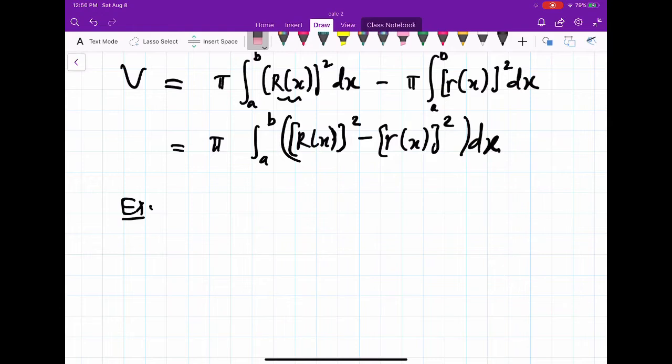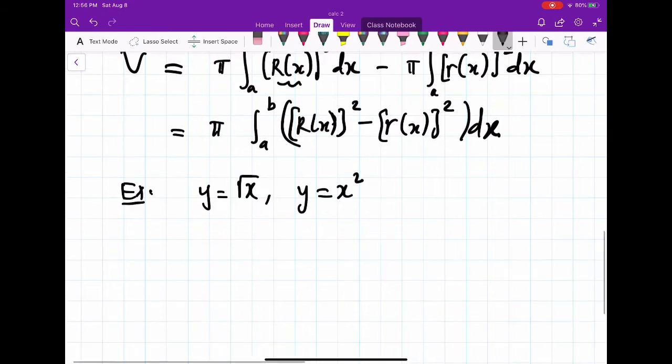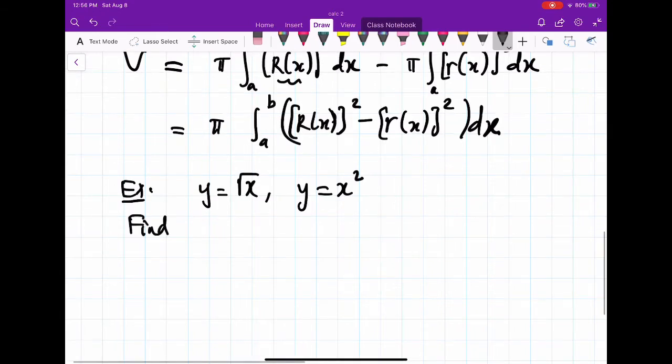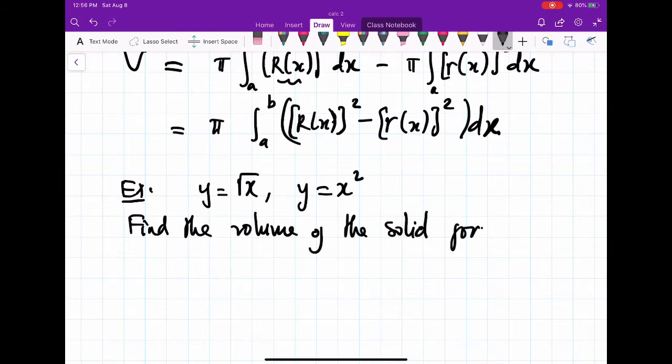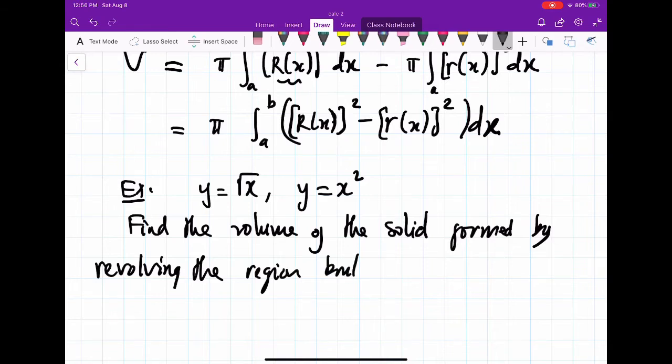You have the function y equals square root of x. Another function is y equals x squared. They ask us to find the volume of the solid formed by revolving the region bounded by the graphs of these two functions